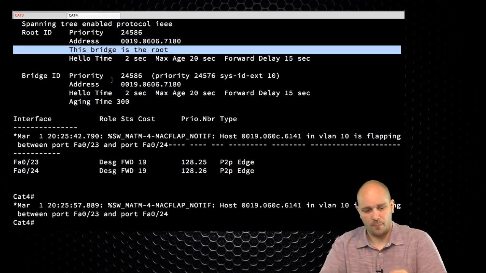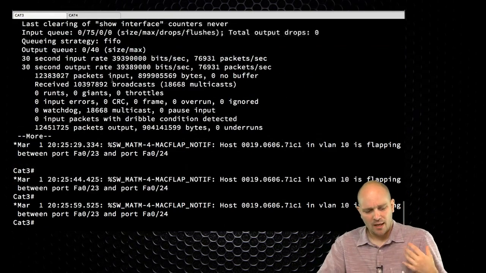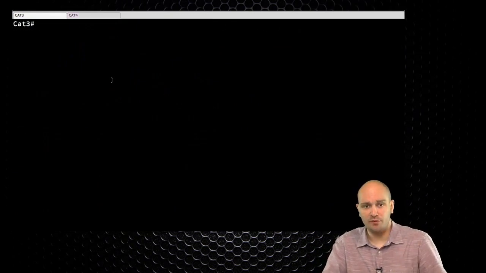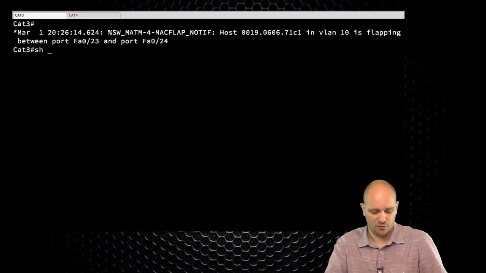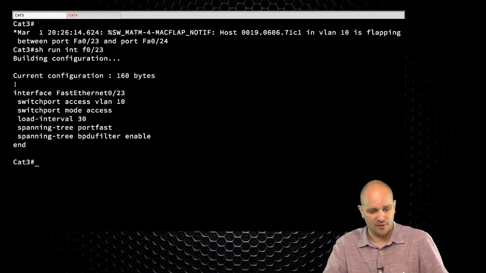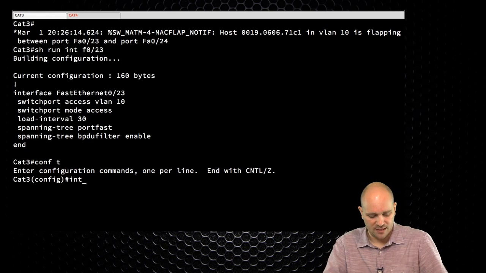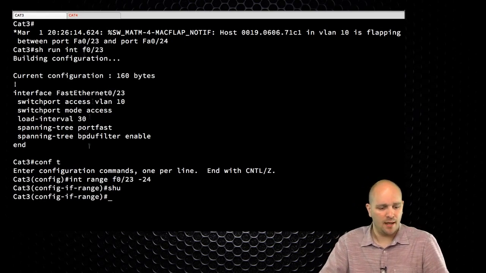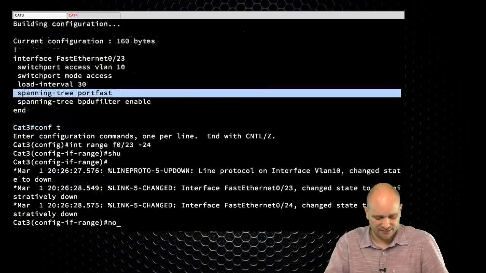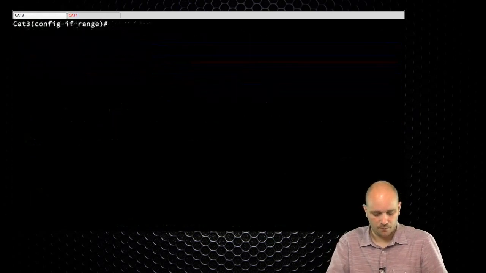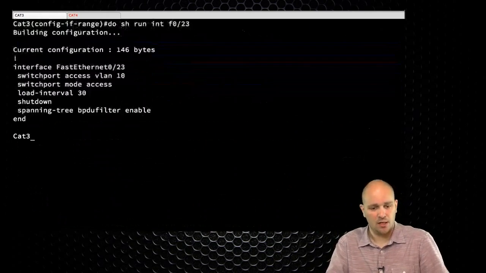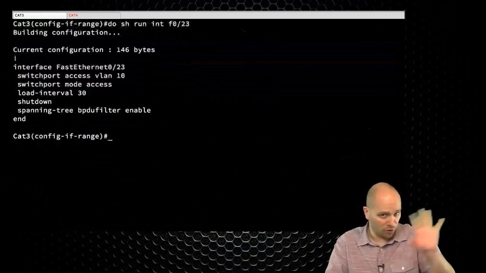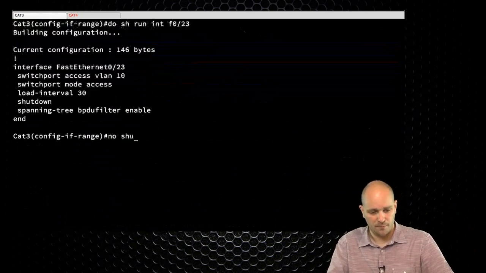Not all of them, because if I remove the portfast from the interface, so if I say FastEthernet 23 here, and let me do the same thing on FastEthernet 23 and 24. So I'm going to shut them down now, and I'm going to remove the portfast. Okay, so this is now the configuration on the two of my interfaces. So portfast is now gone from the picture. And if I do no shutdown,